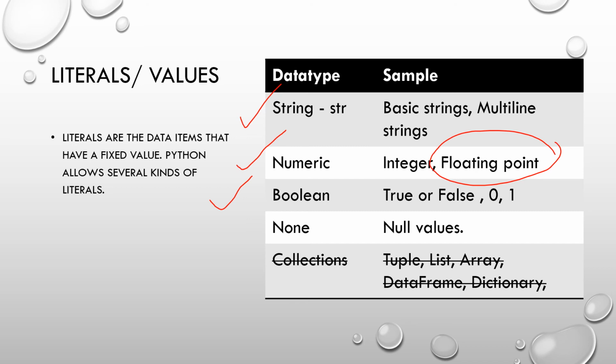And there may be a chance I don't have data for a specific attribute. Let's say I don't have a secondary phone number. In this case, I can keep a null value, which means we don't have any data. An empty value can be treated as None. And there is something called collections here. This collection topic we will discuss in more detail in later sessions because it is a vast topic and needs special attention. As of now, we will focus on the data types string, numeric, Boolean, and number.